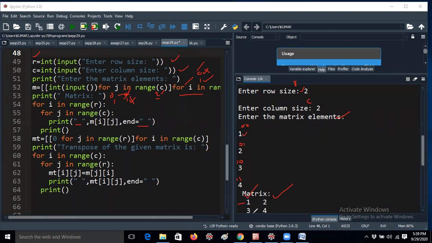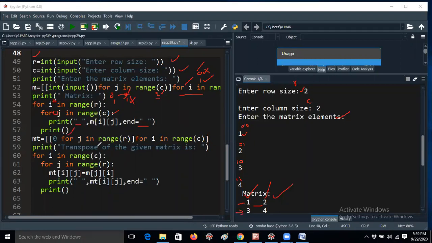After that, end equal to space, so a space is printed after 1. After that, j iterates 2 times because the C value is 2. After j is 1, the M of 0, 1 element, 2, will be printed. Then the j iteration is completed because C is 2 only. Then print line will be executed, that means it will enter a new line.